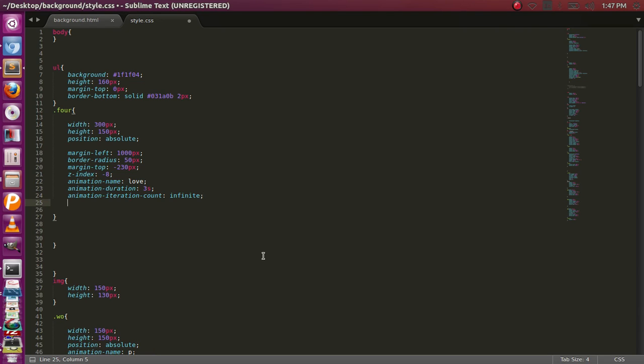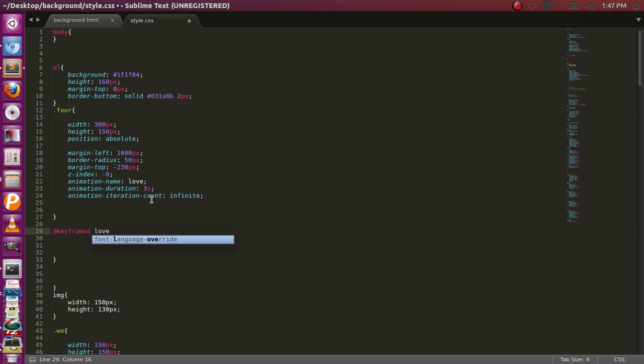You can put a lot of other things, like animation mode, but for now I'll leave it like that. From there, I have to create @keyframes. These are the codes that you need to run when you want to animate, like maybe you need to move something around, rotate it, or scale it, all that kind of stuff. Now I'll simply say @keyframes, then call the name which I created here,